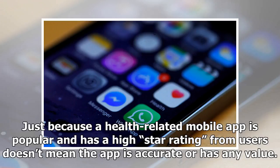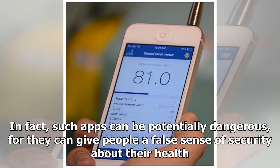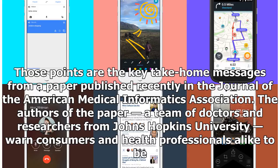Just because a health-related mobile app is popular and has a high star rating from users doesn't mean the app is accurate or has any value. In fact, such apps can be potentially dangerous, for they can give people a false sense of security about their health. Those points are the key take-home messages from a paper published recently in the Journal of the American Medical